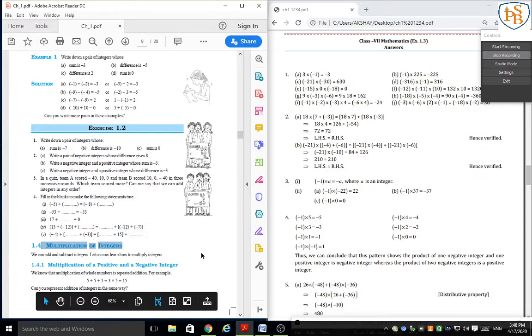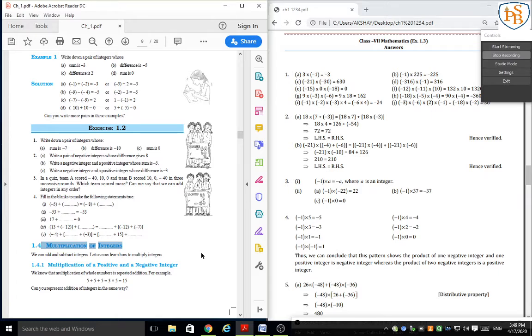Already we have studied that there are two types of integers, positive integer and negative integer. Positive integers carry a positive sign and negative integers carry a negative sign. How can we identify integers? All integers are numerals, but one important point is that integers carry a positive or negative sign, but integers do not consist of a decimal point or any fraction sign.